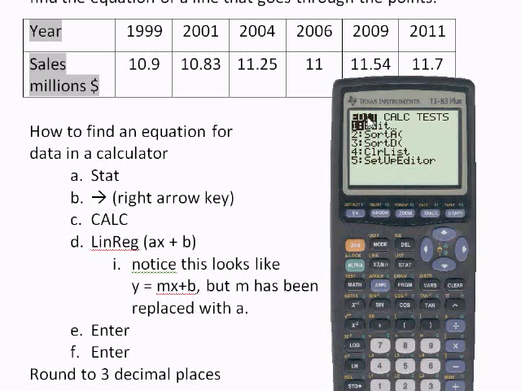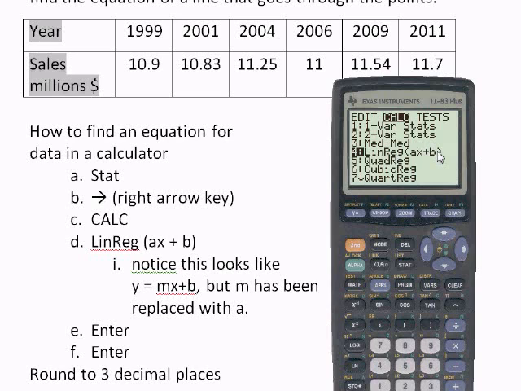We do not want to edit it because we've already entered the data in the calculator. What we want to do is go over to the word calculate, or calc, because we want to perform a calculation on the data. And we're going to press the down arrow key until we get to the option